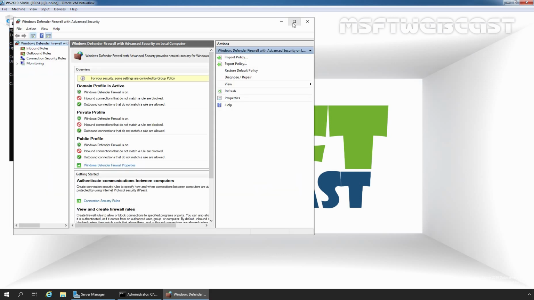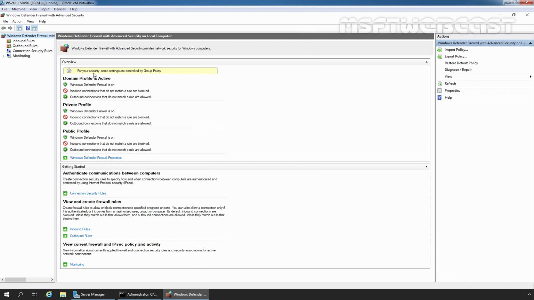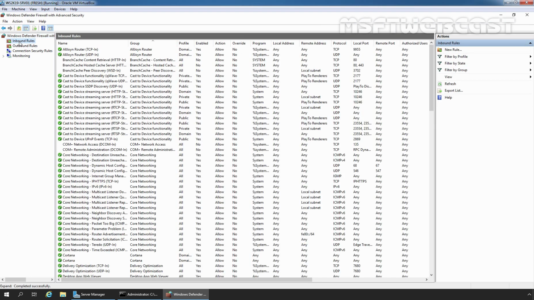Let me maximize it. Here we can see the message, for your security, some settings are controlled by Group Policy. Let's click on inbound rules and look for the remote desktop predefined rules which we have created using a Group Policy.